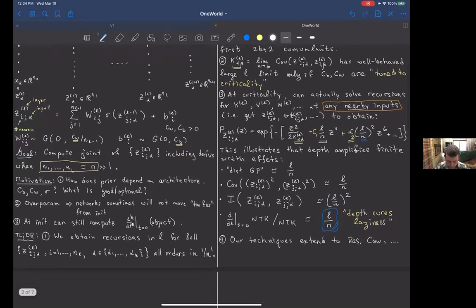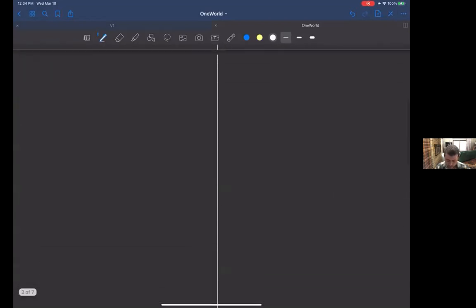Okay, so let me go on. I want to now tell you a little bit about what I mean by tuning to criticality and how that comes up in the analysis. I want to state a theorem which is not ours. This one was proved by many people before, and I won't give the attribution because there are too many people to attribute it to. But the earliest versions I know of go back to Radford Neal or something like that in the 90s. And the theorem goes like this.